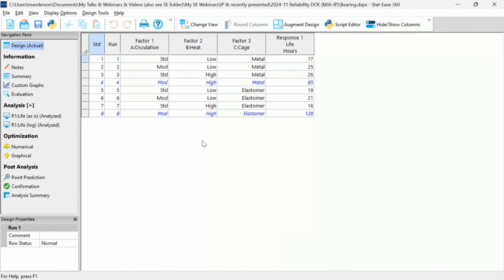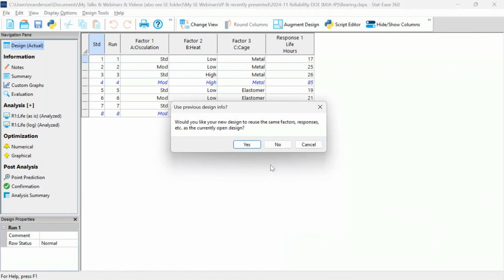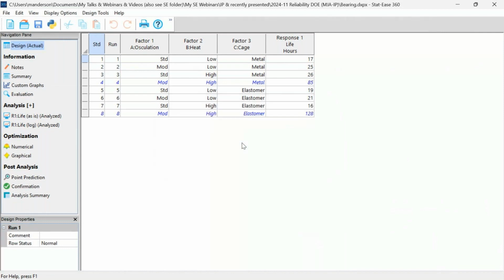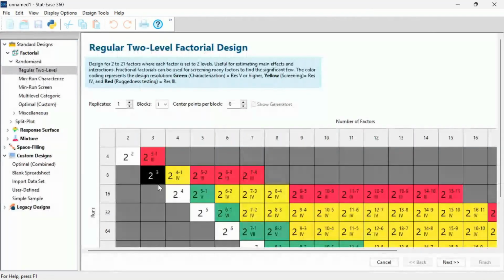Now, the design that we have here is the most fundamental design, a two-level factorial. And I can recycle this, reuse it, rebuild it, and show you that this is in our classical design builder, with the white diagonal being the full factorial designs. Three factors would be kind of a minimal design with 8 runs, 4 at the low and 4 at the high for each of the factors.